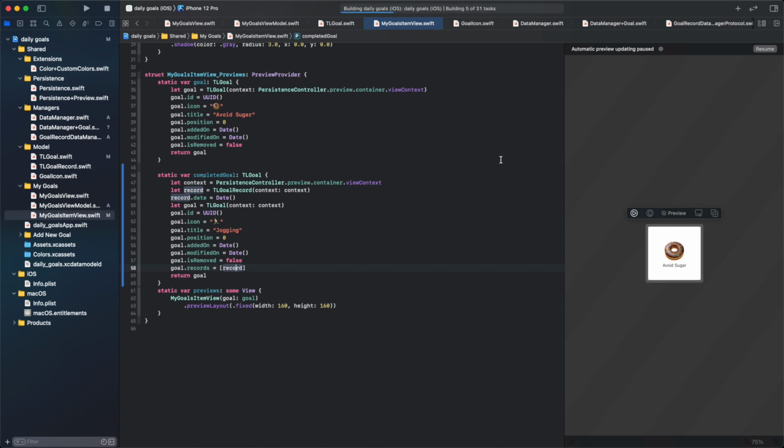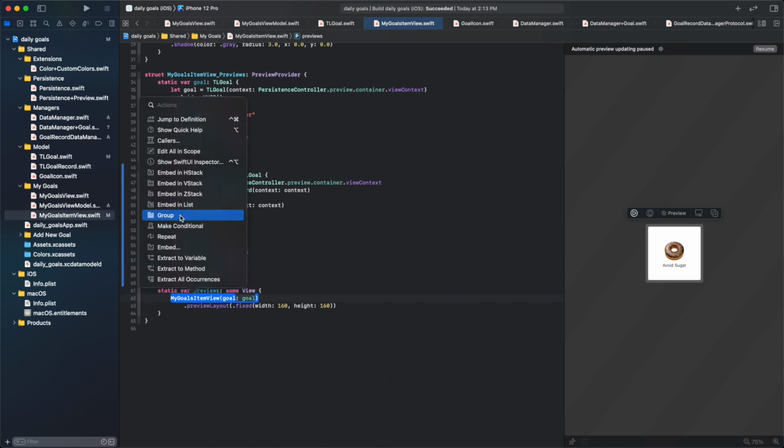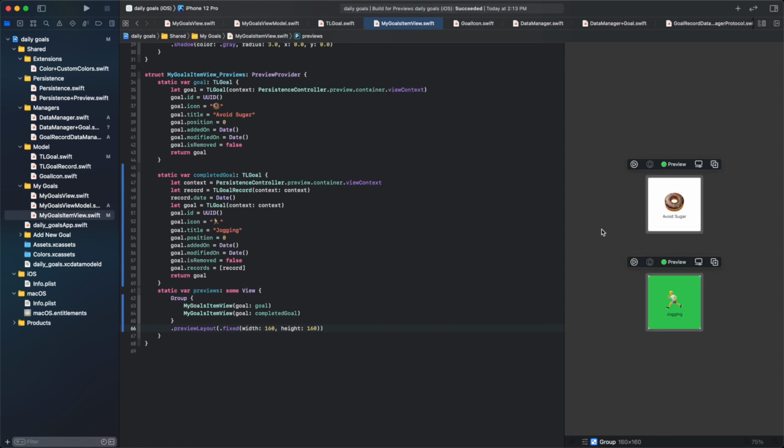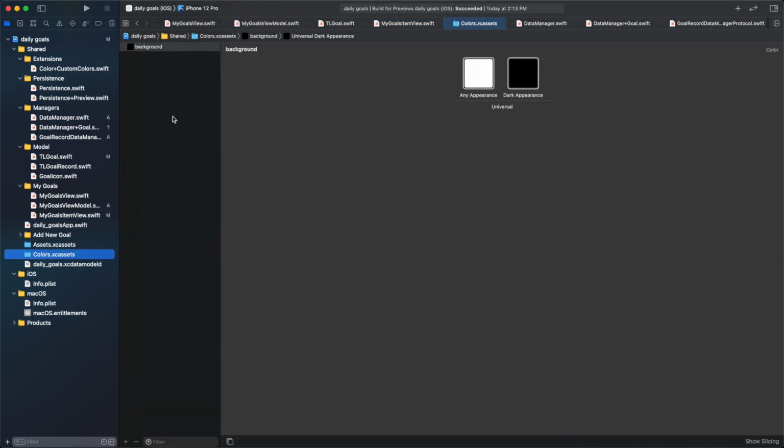Okay, now let's build it, because otherwise our canvas may not see that. Let's wrap it into a group. Let's create another file here with a completed goal, and let's move this preview layout here, so each of our previews will have the same view. Yeah, it's fine. I'm not sure if I like this green color,